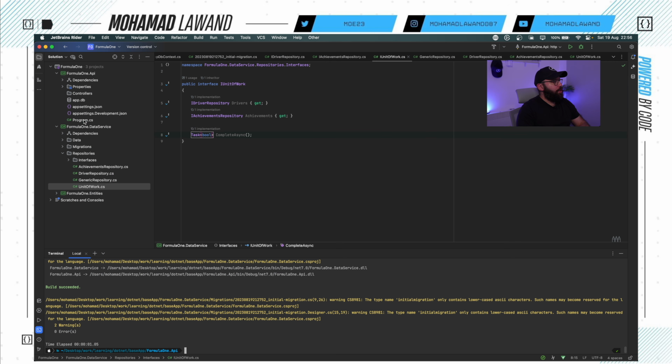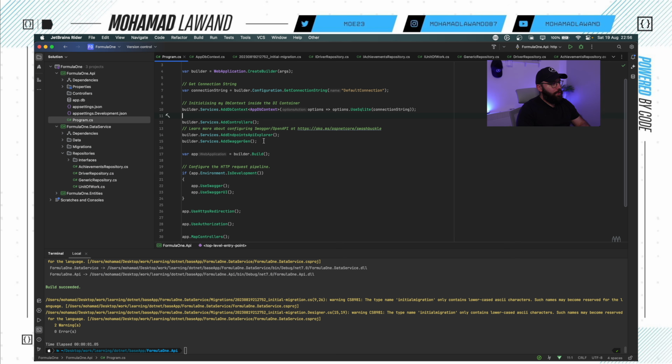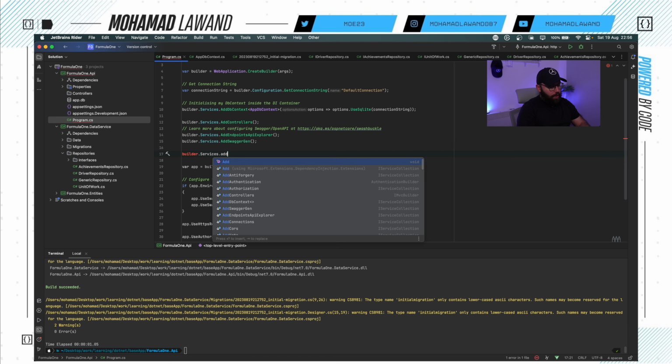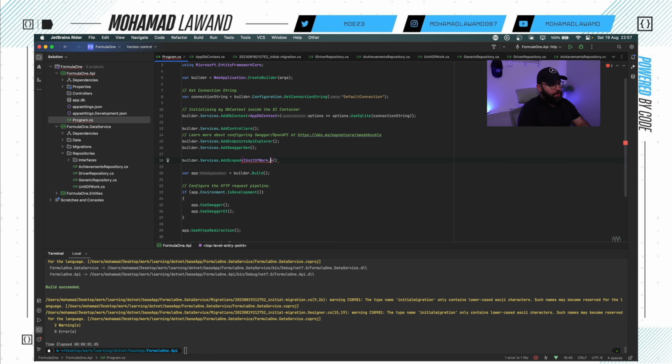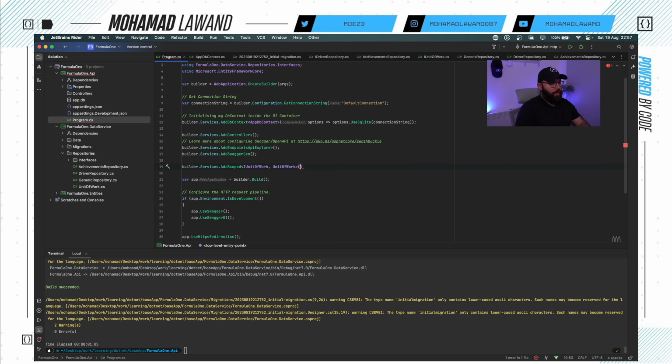So inside my program.cs, all I'm going to be doing here is, before the application builds, I'm going to put builder.Services.AddScoped, and it's going to take the unit of work interface and the implementation for it, UnitOfWork, and that should be it. That means right now my repository should be active within my application. So now that's done,